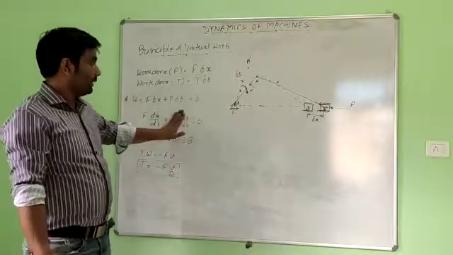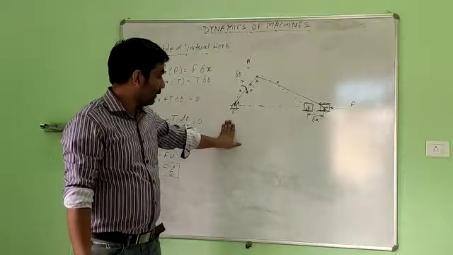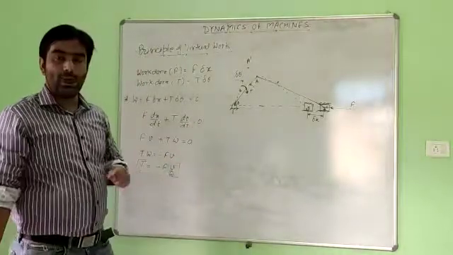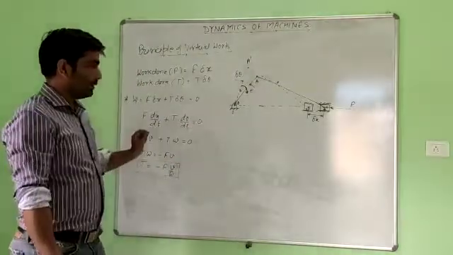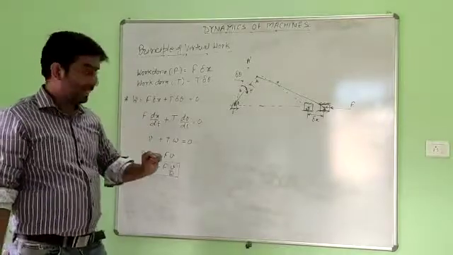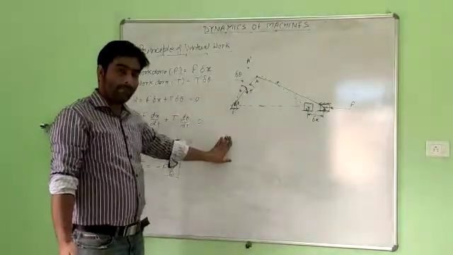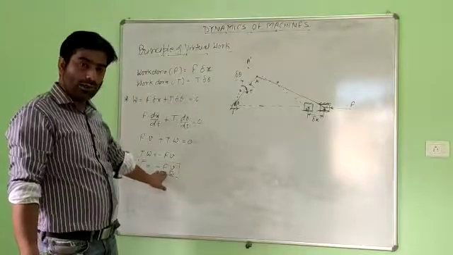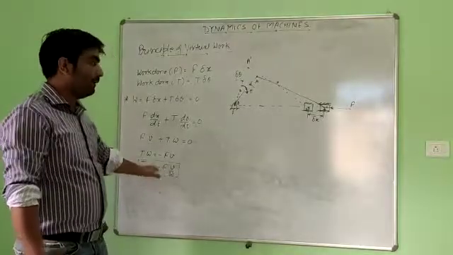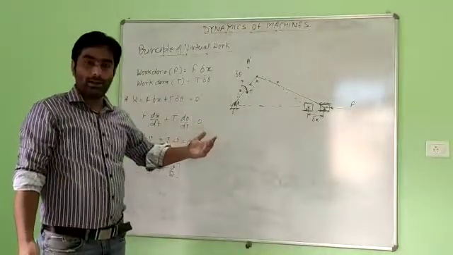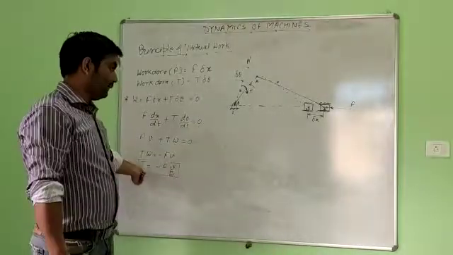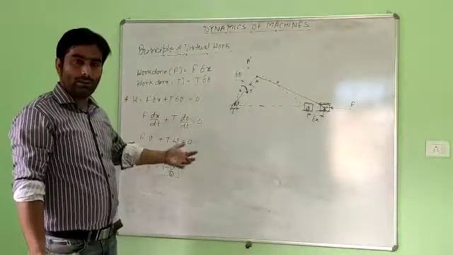So the homework for you is just to practice how to draw the velocity diagram of a mechanism. With the help of the velocity diagram, we will calculate the amount of force, and with the help of that, we will calculate the required objectives. Like if we require the torque, then we will calculate the torque.